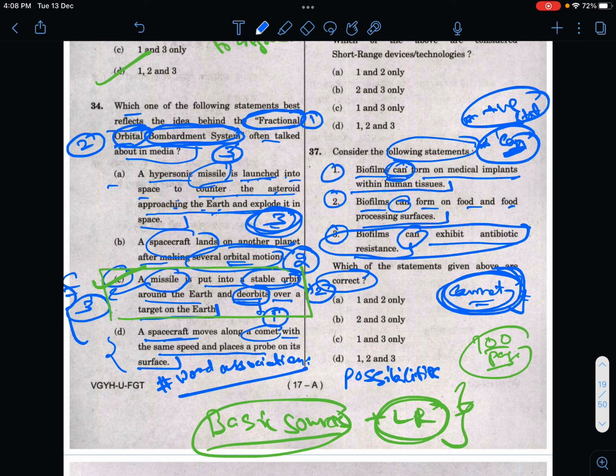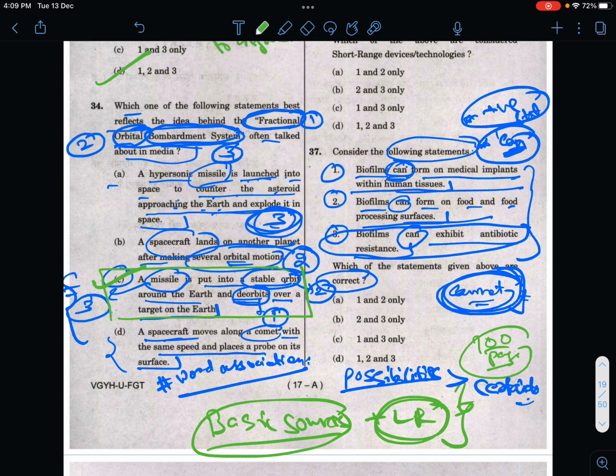Possibilities are more certain than certainties. And finally, all three, I mean, I don't have a strong reason to negate it as a layman. This question has not come from any standard source. Since it has not come from a standard source, in all possibility it can be solved using logical reasoning.